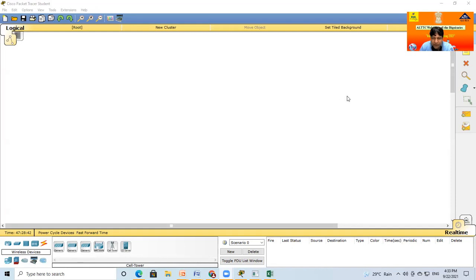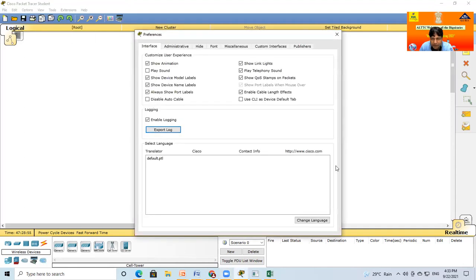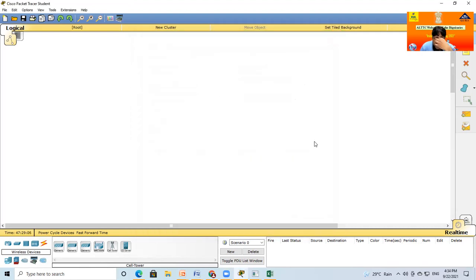Keep in mind that when you install this software on your PC for the first time, open it and go to the File, Edit option, and go to Preferences. One pop-up screen will open, and by default the port level is unchecked, so you just click to check it, and close. Now here, click on the router.